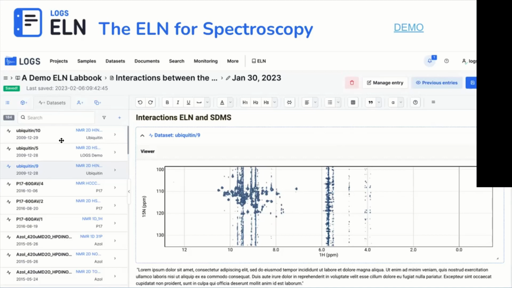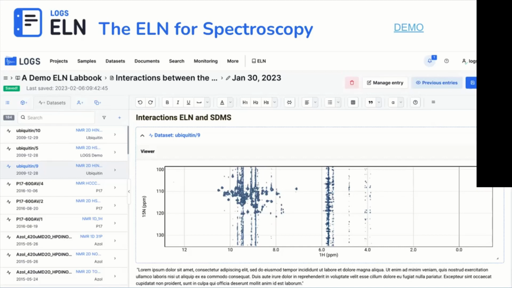And this was done automatically, but I want to interject that even if the data set isn't in there yet, you can always take it, maybe from the browser on your laptop or your PC, and drag and drop the data into this window, and Logs will recognize it, upload it, and put it into the SDMS and keep it ready with the same functionality and the same advantages. Okay, so here we have Logs content. In this case, we have data sets which are in Logs. You can filter them, and then you can pick it up and drag it into the